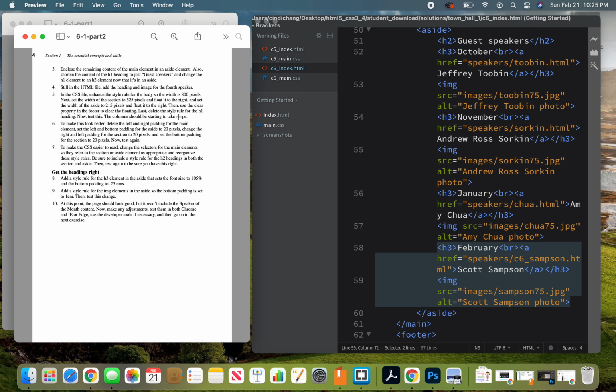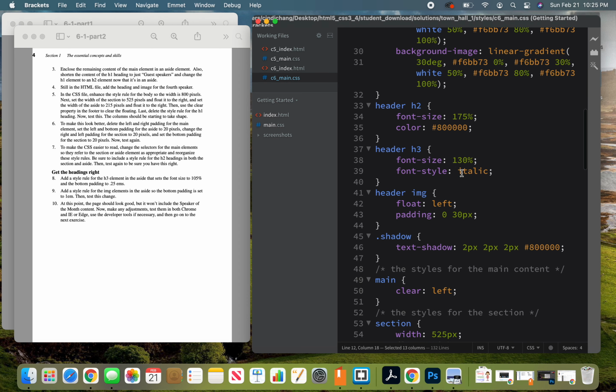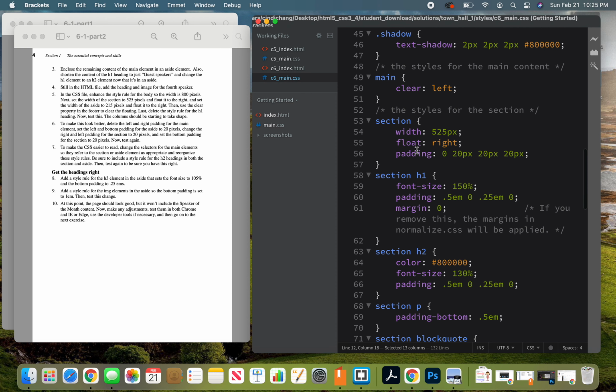Number 5, in the CSS file, you're going to enhance the style rule for the body so that the width is 800 pixels. So let's go into the CSS. Here is the body. You want to style the width so it's 800 pixels. And then you want to set the width of the section to 525. So you're going to need to create a section style rule because we didn't have that before. Set the width to 525, float it to the right,